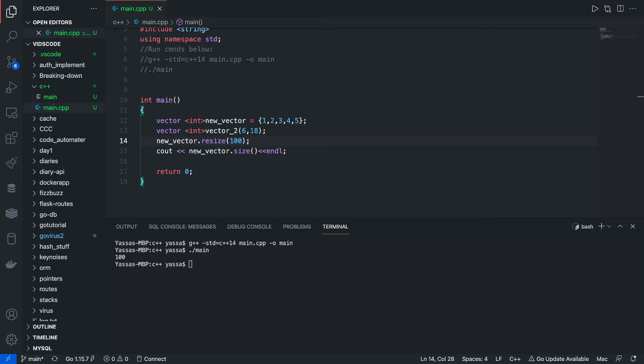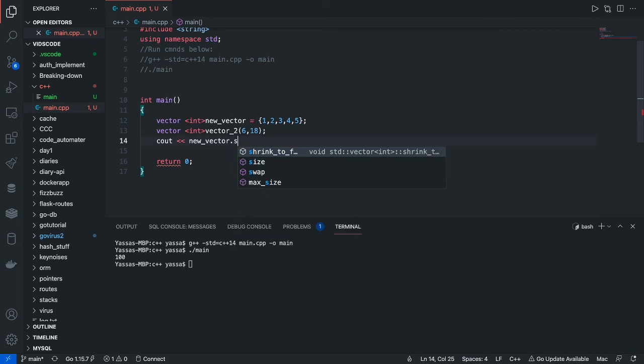Now the next thing and the final thing we'll be talking about is called push_back. What push_back does is it allows you to insert data into our vector without having to declare it initially. So to do that, we use push_back. There's a couple of different ways to do it as well, but this is the most straightforward. So the first thing you're going to want to do is, to prove that it adds to the end of the array, I'm going to first print out the current size of the array. So do vector dot size